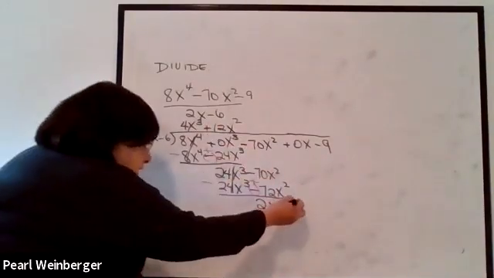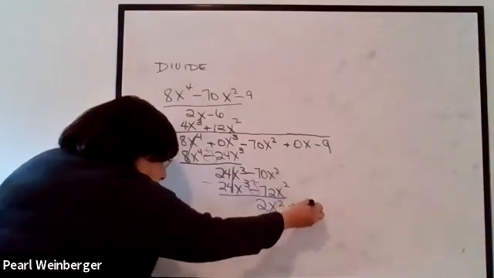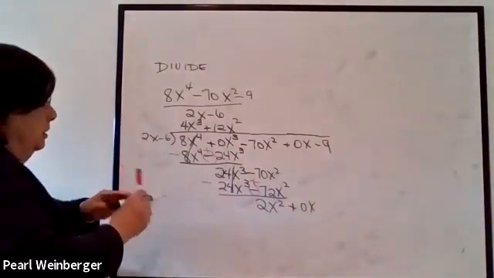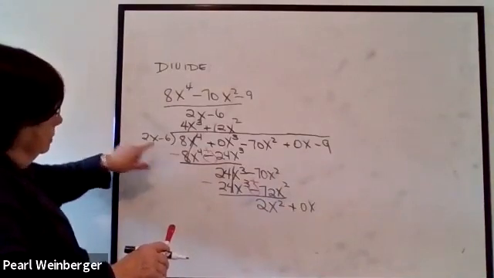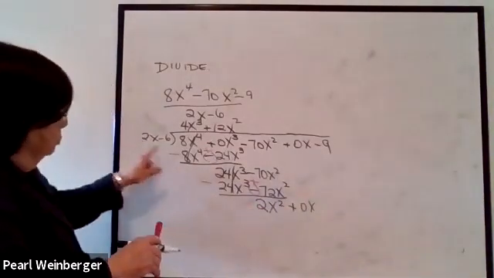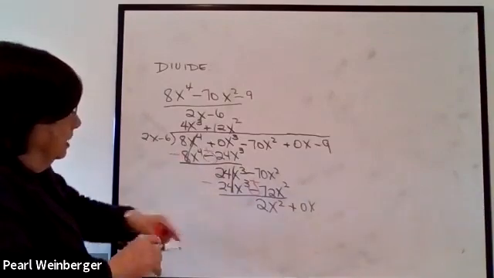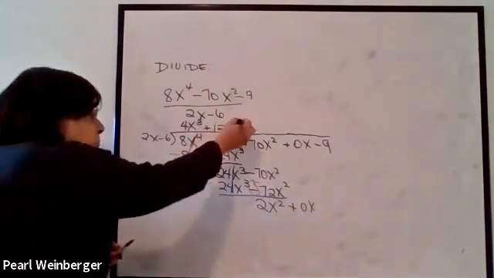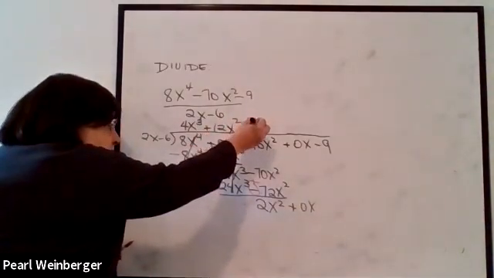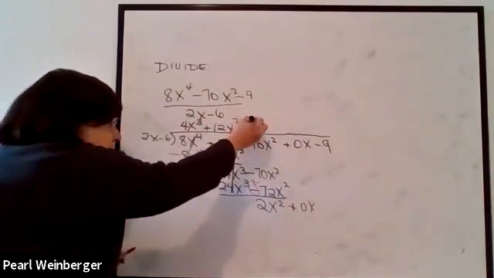And I bring down the next thing, which is just 0x. And I start again. 2x into 2x squared. So the 2's cancel out, and the x into the x squared just gives me 1x, or just plain x. So I put a plus x on top,